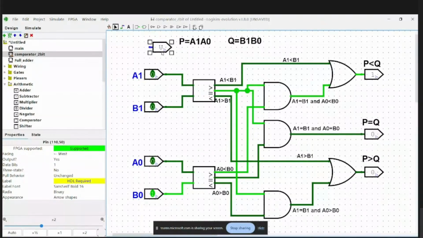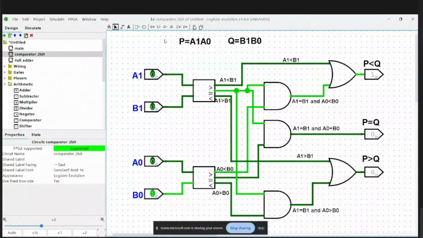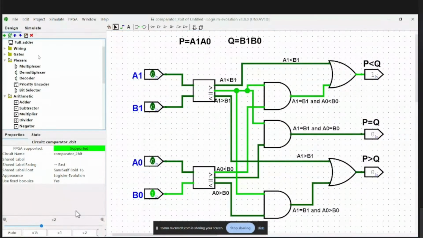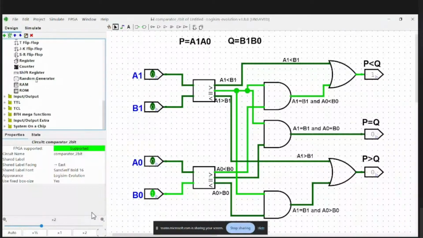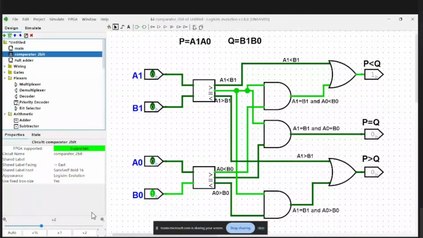Yeah, and these are the basic gates that we use very often: NOT, AND, OR, XOR, NAND, NOR, and all that. And if you want any other advanced things that you don't have to build from scratch, you can directly use them from here. You have so many plexers, arithmetic operation performers like adders, subtractors, multipliers, etc. available here. You have memory elements like flip-flops and registers here. So you have pretty much everything that you want to build a circuit